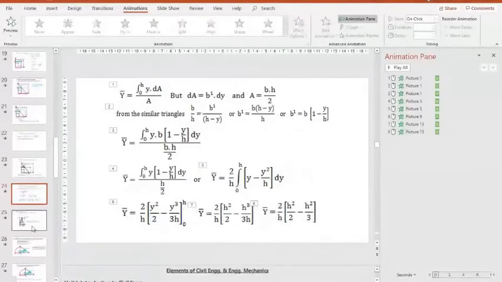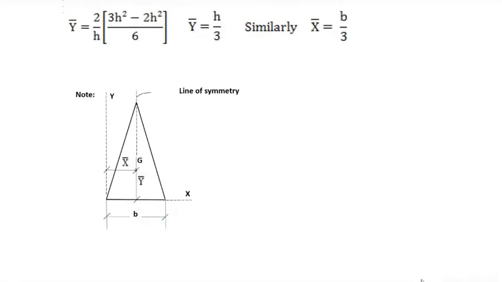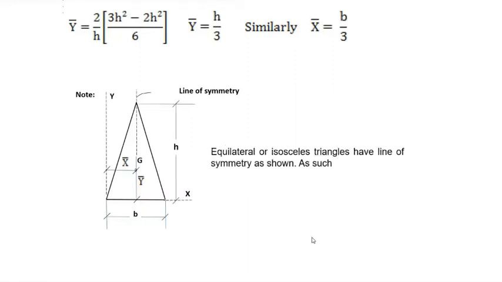Next, let us move on. That was a right angle triangle we had. Now if you have a triangle like this, we need to locate x bar and y bar. Can anybody tell me what will be the value of x bar? If you have a similar triangle like this, which is pyramid shaped, an isosceles triangle, then x bar will be equal to b by 2, and y bar is equal to 1/3 of h. So from the base it will be 1/3 of h, right?